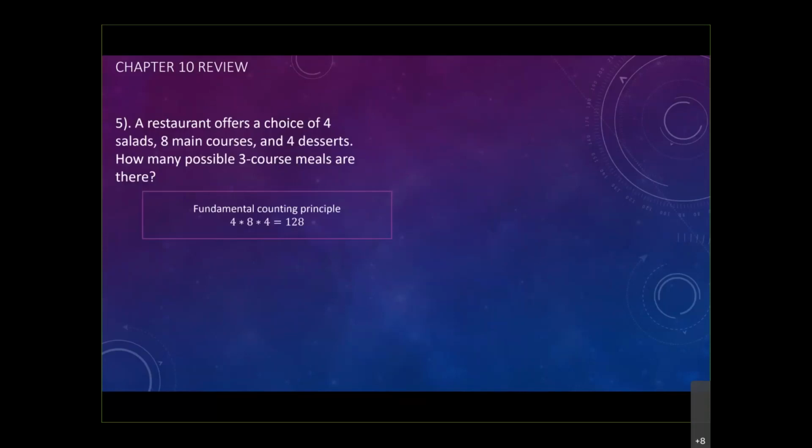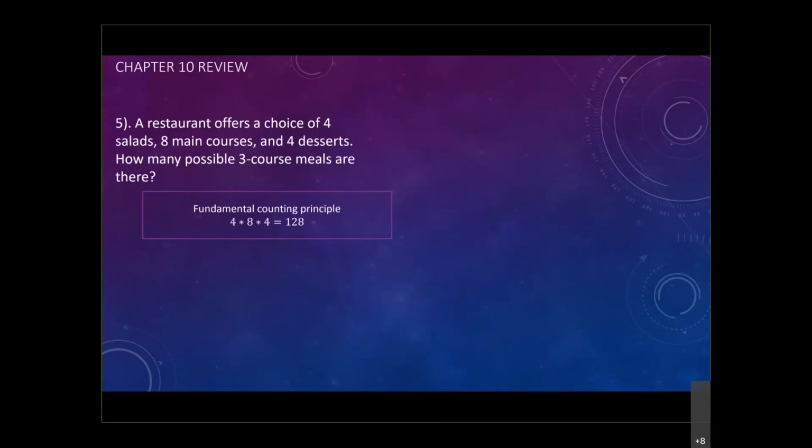Again, in this case, we have the salad, the main course, and the dessert. How many salads do we have? We have 4. How many main courses? We have 8. How many desserts? 4. All we do is take 4 times 8 times 4. 4 times 8 is 32. 32 times 4 is